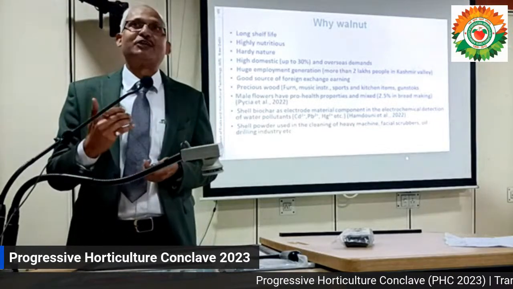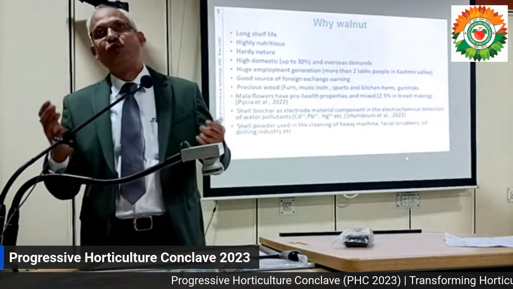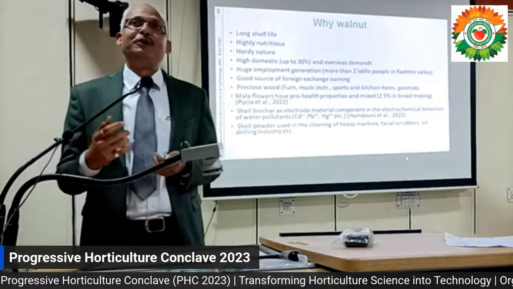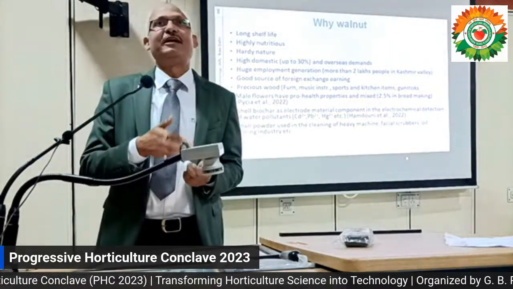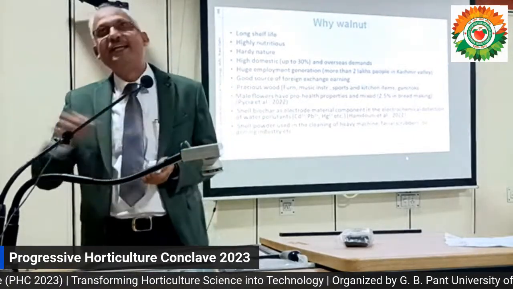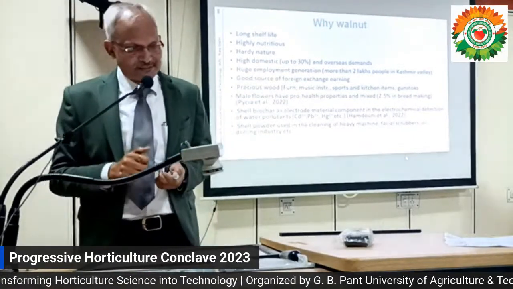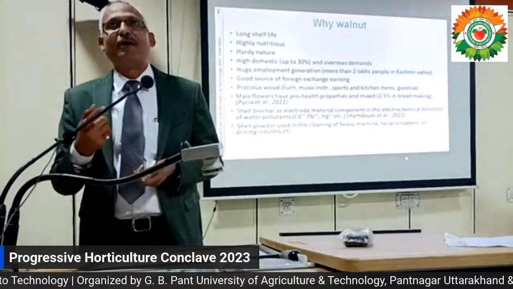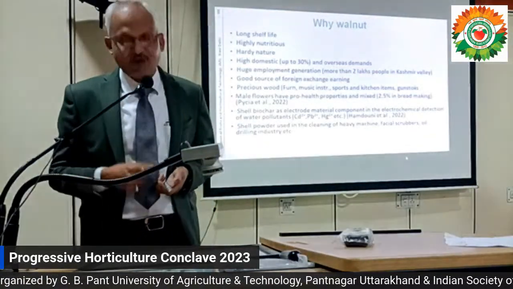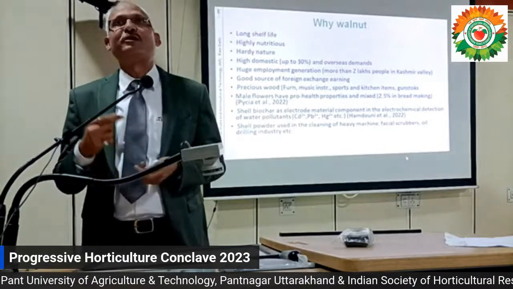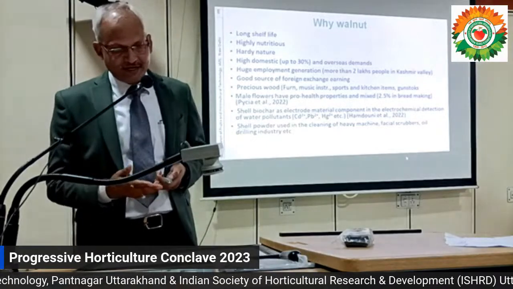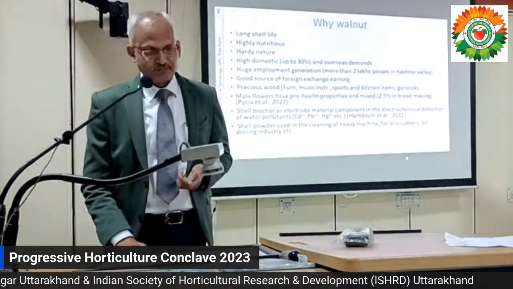But many exporters in the Jammu region, which have huge infrastructure, crush the walnut shell into powder, and it is used in bulk by civil aviation and the railway ministry, because it is used for cleaning heavy machinery. And the electrode is also made from the biochar of this walnut shell, which is used for detecting water pollution with cadmium, lead, mercury, and copper.